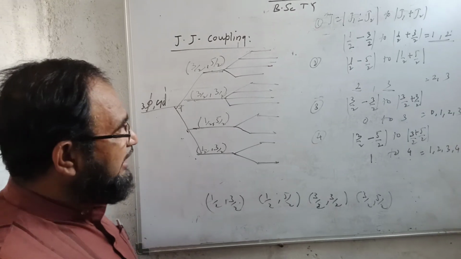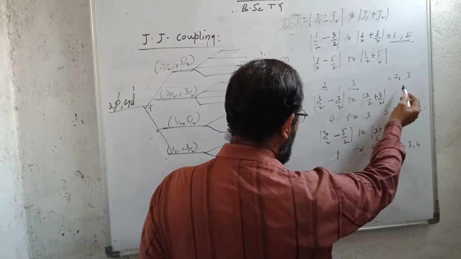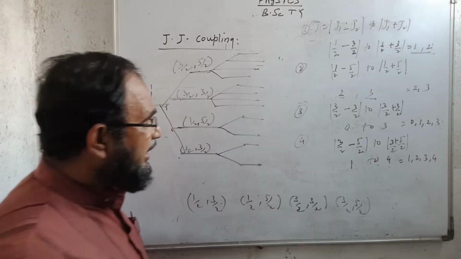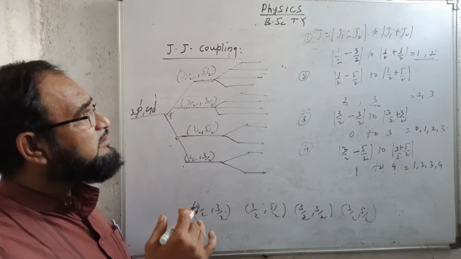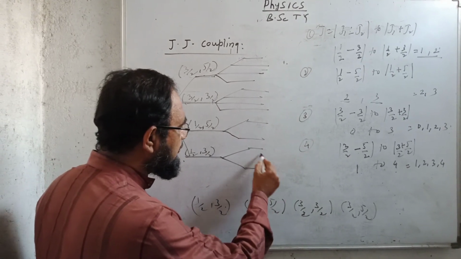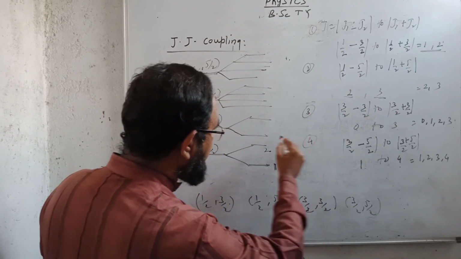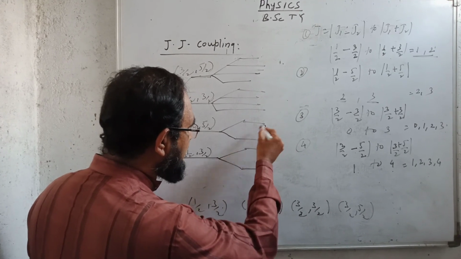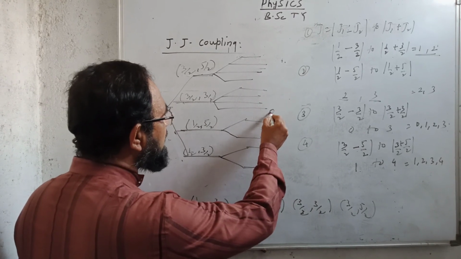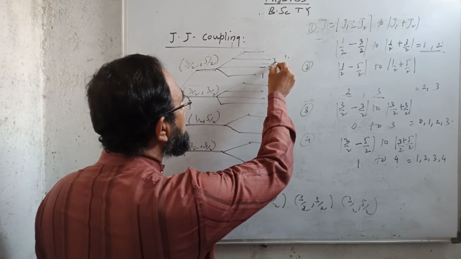Now each energy level is then subdivided. Again here it is 1 and 2, here it is 2 and 3, here it is 0, 1, 2, 3, 4 lines. So again here the lowest value of J will occupy the lowest, means 1 will be here and 2 will be here for the first one, 1/2 and 3/2. Then 1/2 and 5/2, it will be 2 and 3. Then here I am having the 4 values, 0, 1, 2, 3. So 0 will be the lowest, 1, 2 and 3. Then 1, 2, 3, 4.